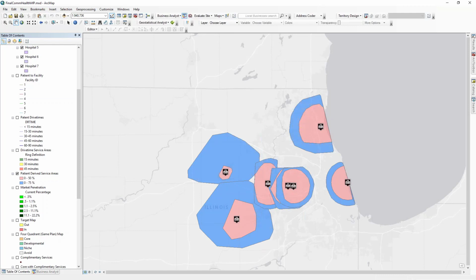So these resulting areas and reports help the user to not only understand who is coming to each facility and why, it also serves as a starting point to mine this information for more in-depth analysis of the patient population and overall market. The detailed reports for each one of these service areas provide insight to the types of communities these patients are coming from. So let's go ahead and look at this